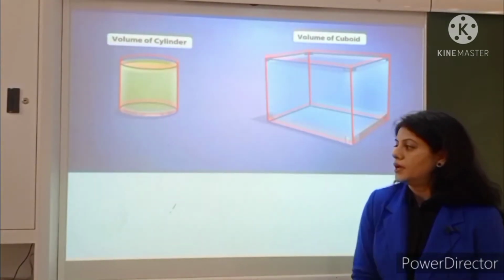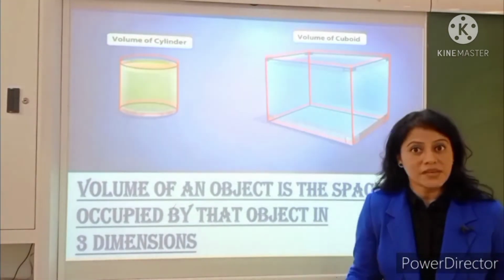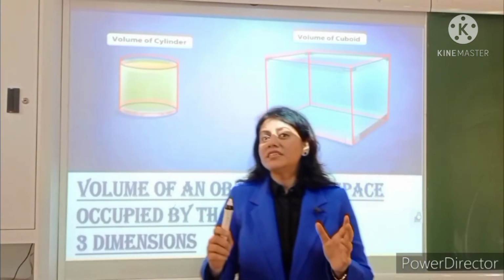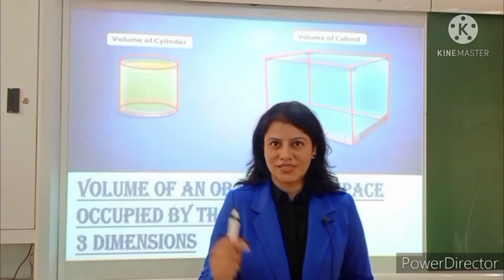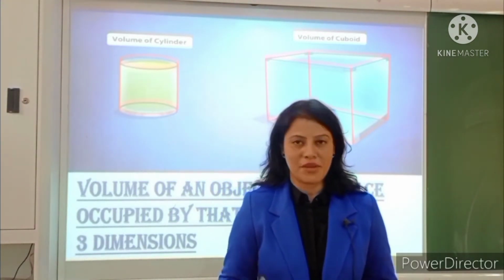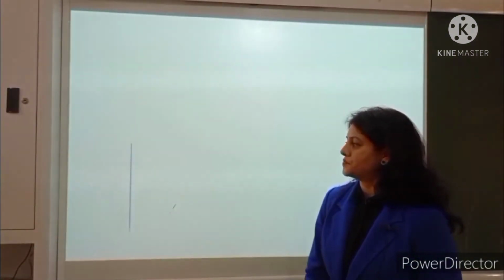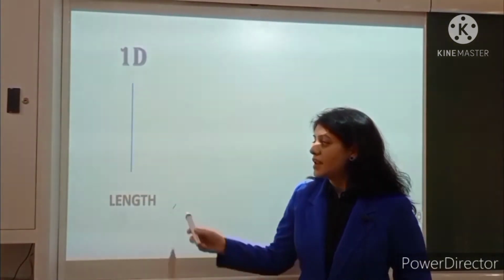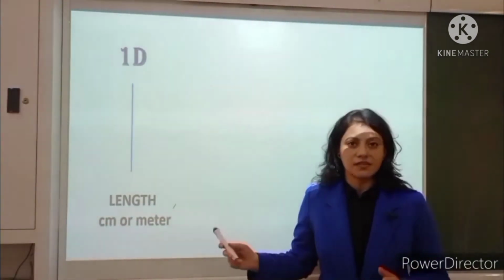So, volume of an object is the space occupied by that object in 3 dimensions. But before we delve into the concept of volume, we need to relook at the previously learned concepts starting from 1 dimension, like a line segment. A line segment is a one-dimensional quantity which has length as 1 dimension, and it is measured in centimeter